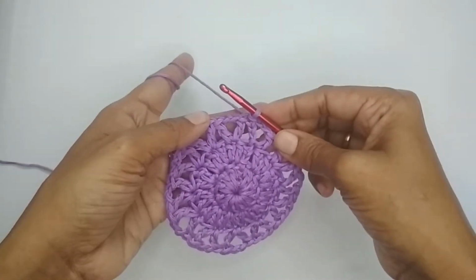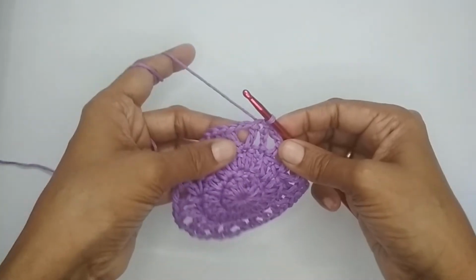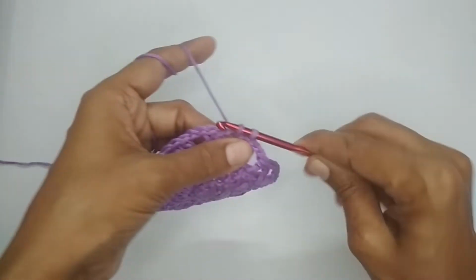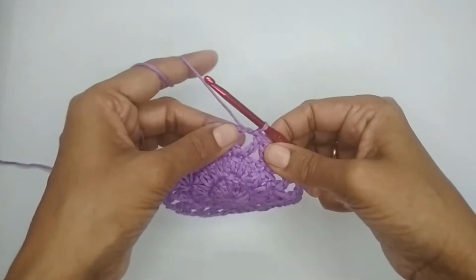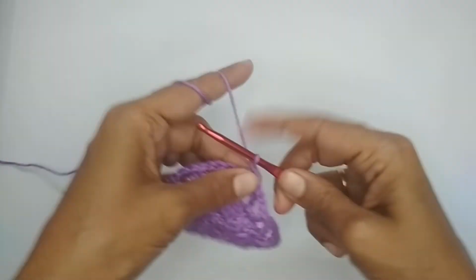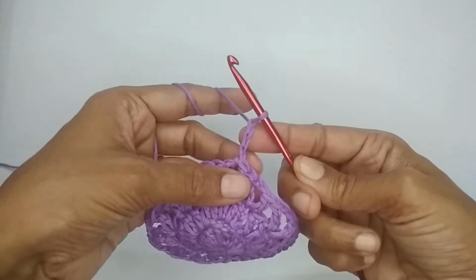So for our round 4, we will have to start in the chain 2 space of the V stitch. So what we'll do is we'll go ahead into the chain 2 space and slip stitch so that we are at the chain 2 space here. Okay, now we'll start with 3 chain stitch, 1, 2, 3, and this one will be counted as a double